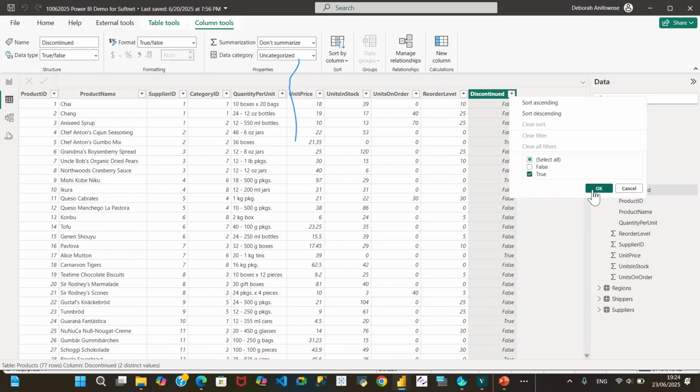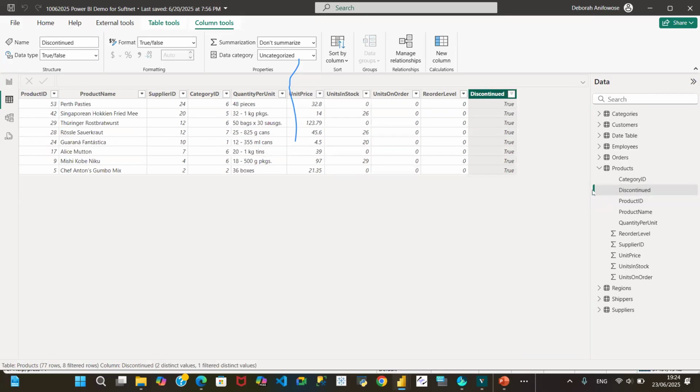Maybe one of the managers just wants to know, okay, these are the products that are discontinued in our sales, whatever we want to call it. We don't sell pasties anymore. We don't sell Singaporean